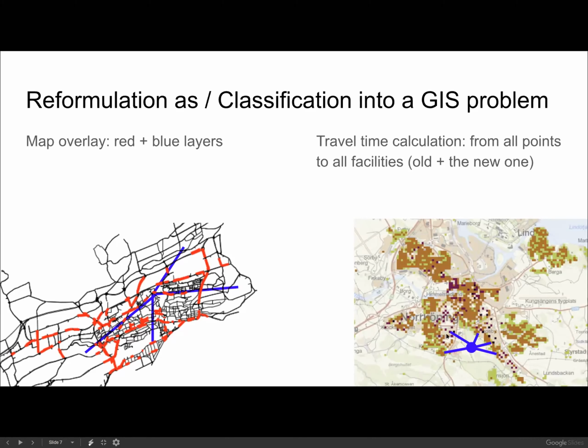And then, one way of deciding who will be served by the new facility, well, maybe those who will have shorter travel time to this facility. That's, of course, a bold assumption. You don't always necessarily choose to go to the shopping center which is closest to you. There could be other things. But if you are the server, not the client, if you're establishing the new, I don't know, service station, post office or emergency station, then you are deciding whom you're going to serve. And for that, you will have to calculate the travel times to different parts of the city and decide which parts you will serve with the new facility.